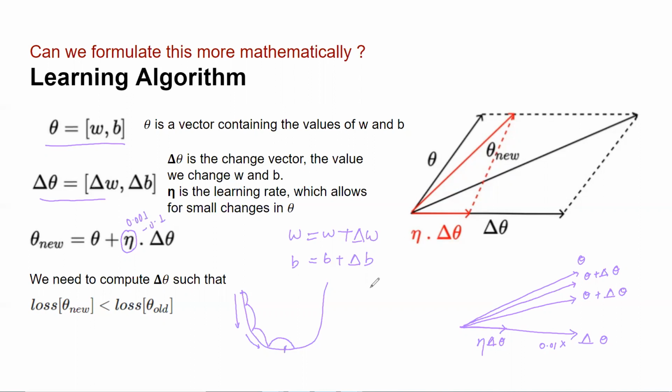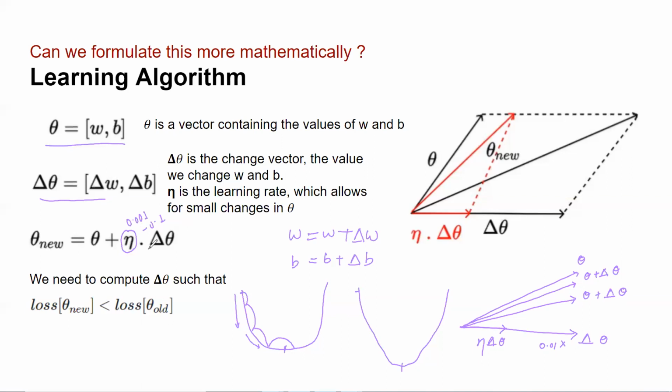For example, let's say your minima is very far away. If you make a very small change in every step, it will take too much time to reach from here to here. What this eta gives you is the liberty to decide your step. If your point of minima is very far away, you can take a big step also, whereas if your point of minima is near, you can take a small step. So eta gives you the freedom to decide that step. It is like a tool for you to decide how big or how small a step you want to take.